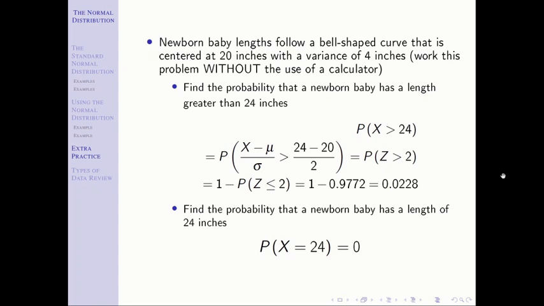We don't need to standardize. We don't need to go to a table. We know that no baby is ever born at exactly 24 inches. You say, I was 24 inches. No, you weren't. You might have been 23.9999524, right? Or 24.0018, whatever, but no one's ever exactly on 24 inches. We may just lack the tools to measure that precisely, but no one ever lands exactly on a number in a continuous distribution.